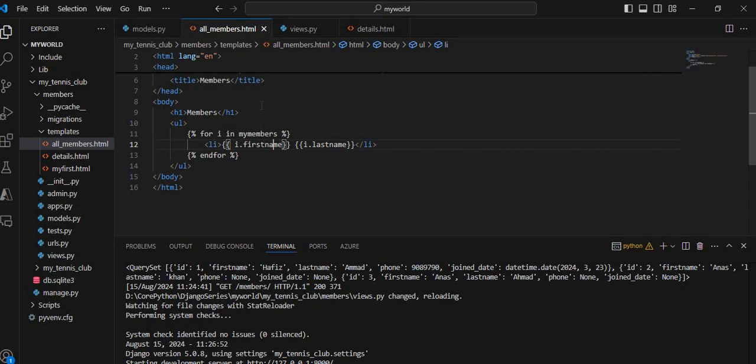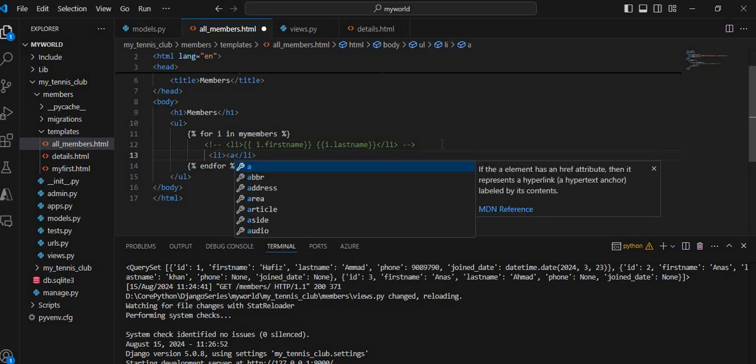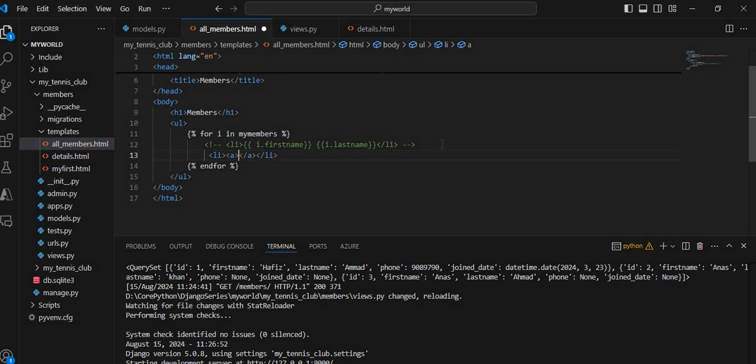So for that, members, and then for i in my members, and on this line let me comment this. I want to change this list and I want to use the anchor tag, and here href